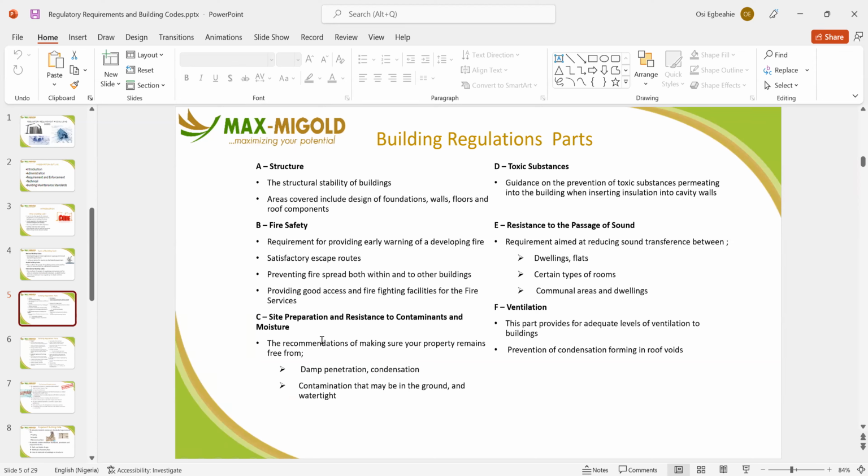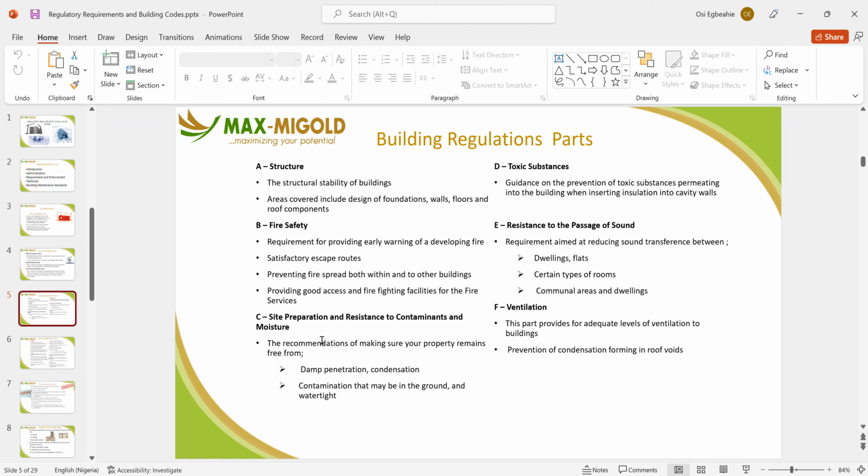They will check your foundation, they will check your building, the walls, they will check the floors, they will check the columns, they will check the beams, they will also check the roof component that you are using, and give you what they call stage certification, so that at the end of the day, they can say, okay, this building has passed the certification process. Then they will issue what they call a certificate of fitness. That's what LASBAC will give you if you have gone through their process.